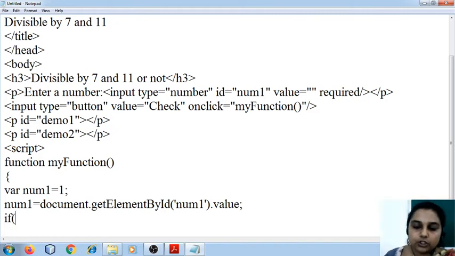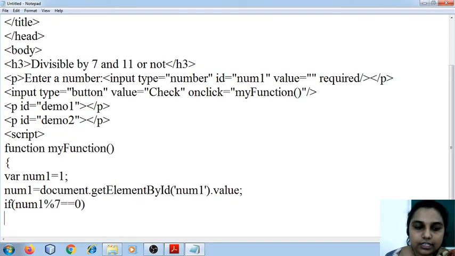After fetching, I'm going to check whether num1 mod 7 is equal to 0, where mod is the modulus operator.